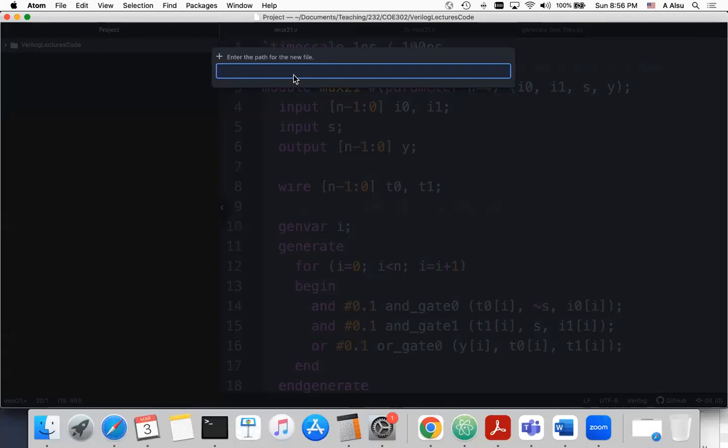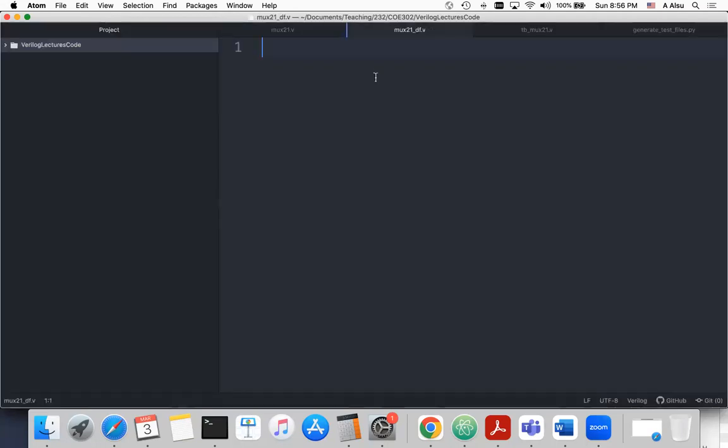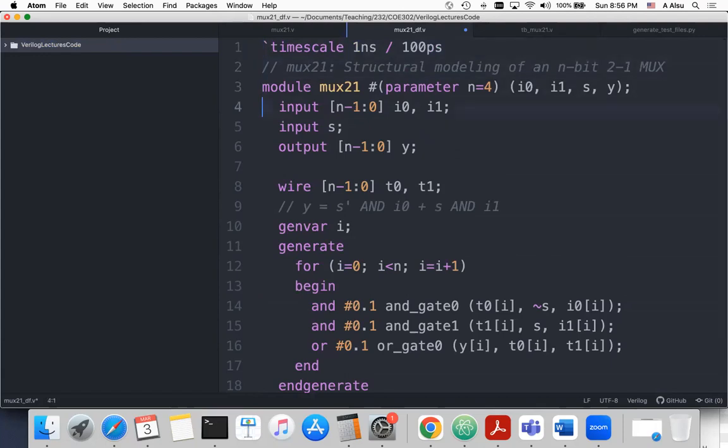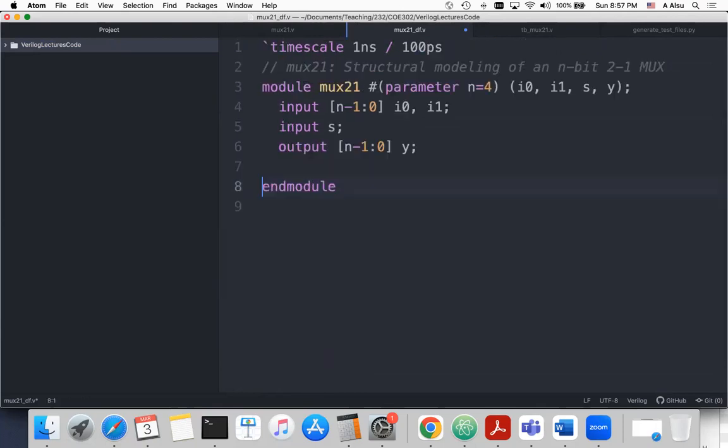It shouldn't take much time, it should be very simple. Let me call it dataflow, df.v. Let me paste this, and the only change I'm going to make is to remove all of this, because the data flow model supports multi-bit or bitwise operation. So I have an assign statement, and then y equals